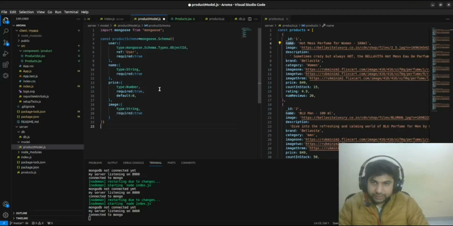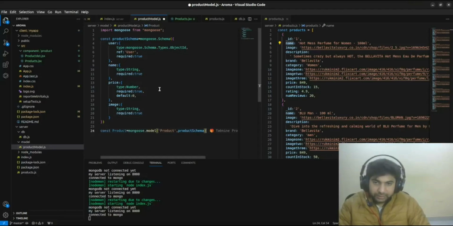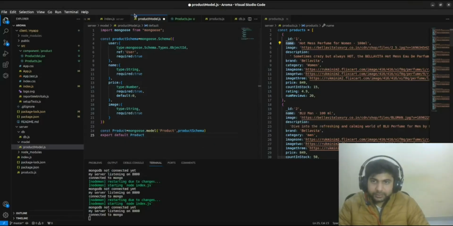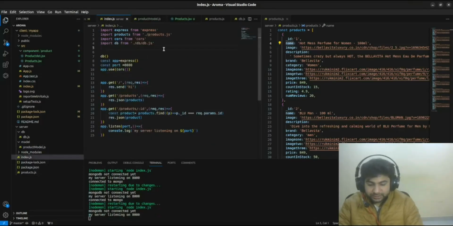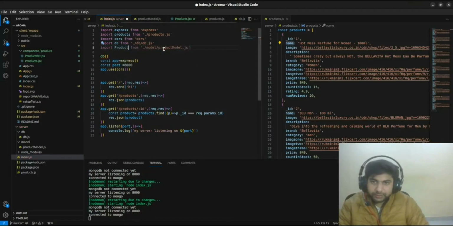And here I will create one product model. Now this is my model name, and this is all my schema here. Okay, so this is my model. Now export this model, open your index.js, import product. Okay,